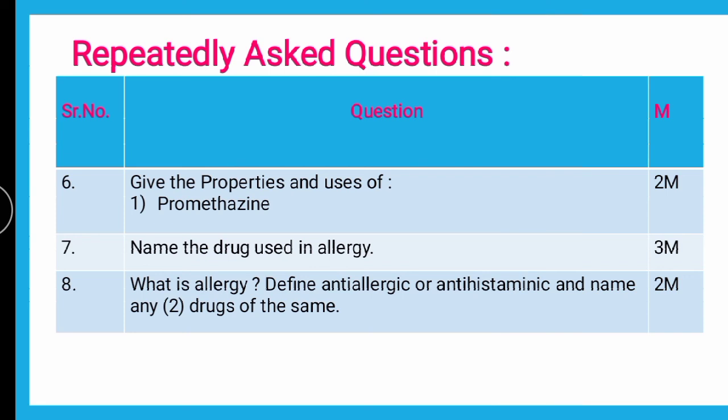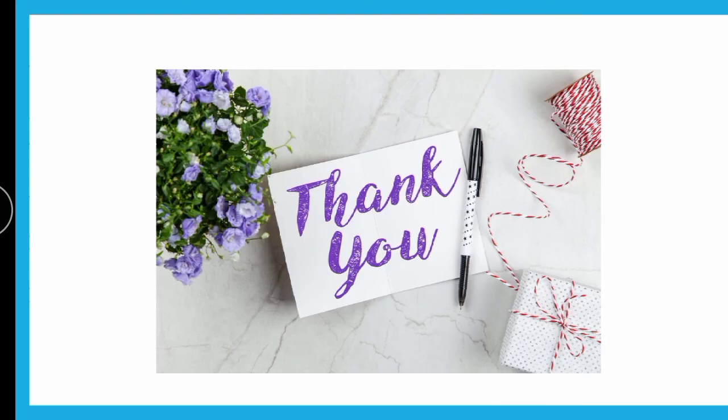So with this we finish a few of the repeatedly asked questions from antihistaminic drugs, and to summarize, the important aspects are: histamine itself is important, its biosynthesis is also very important, then the physiological actions of histamine are important, definitions of histamine and antihistamine drugs, then the classification of antihistaminic drugs is important, and the structures that are important are all from